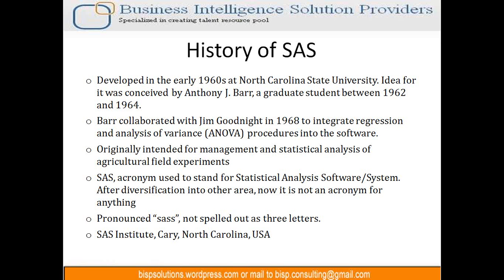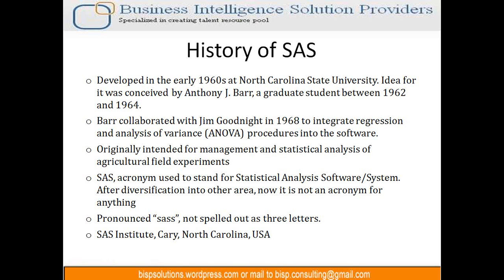He built this software for his management activities as well as the statistical activity of his agriculture field experiments. For that reason, he initially used it for his thesis work.